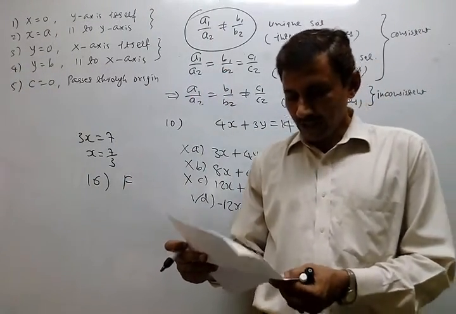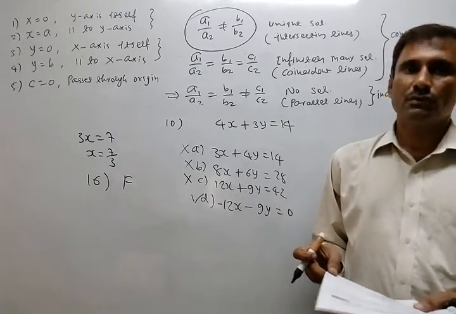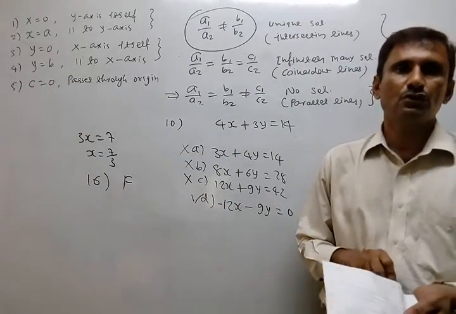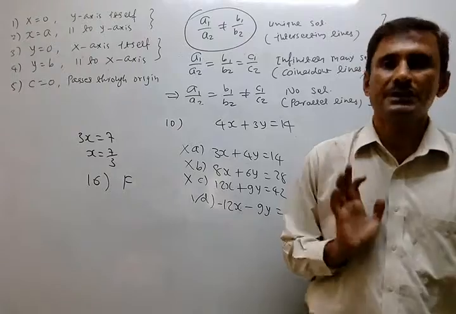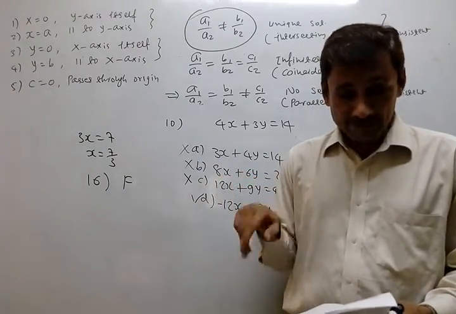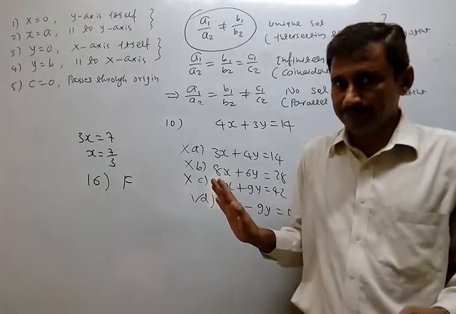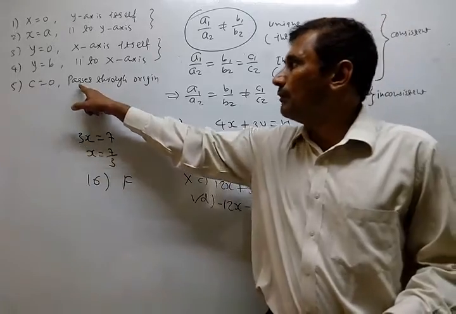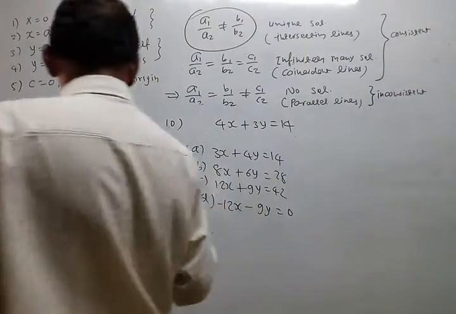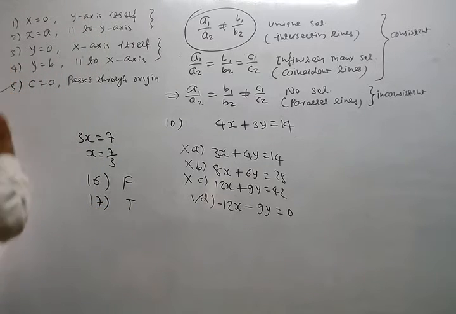Second, the graph of 5x minus 4y equal to 0 passes through the origin. Look at number 17. The constant term should not be there, meaning no number should be there. So no number is there. 5x minus 4y, no third term is given. The third term is not given, so it obviously passes through the origin. Okay, so 17 is true. 17 true, according to this condition.